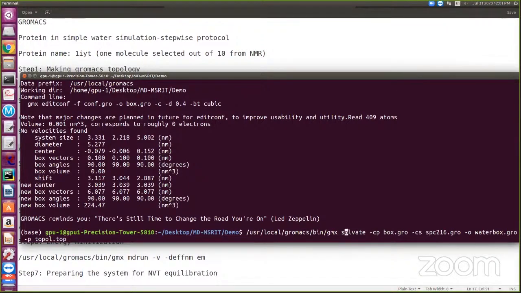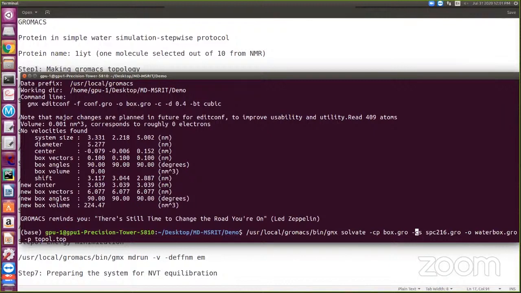In solvate, I give where I need to add water molecules, inside the box. So I opened box.gro, and what type of model I have to add is already predefined: SPC 2016.